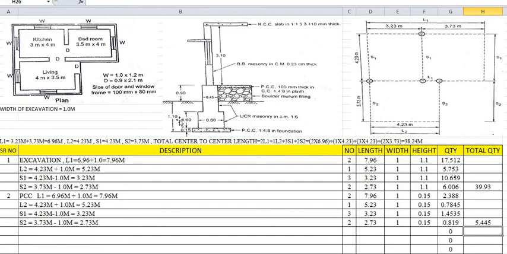Same way we will find out the UCR first step and second step. But in this case the most important thing is to find out the quantity of boulder filling. Here a somewhat different concept has been used. So we will find out UCR first step, second step, and the boulder and murum filling, and PCC. Before going to UCR first step and second step, because these steps we have already calculated in previous lectures, we will directly switch over to the boulder filling. So directly we will find out the quantity of boulder filling.